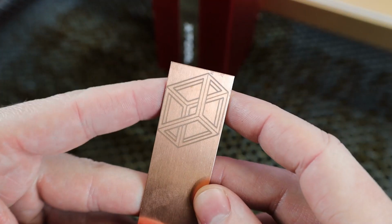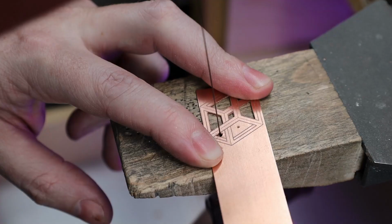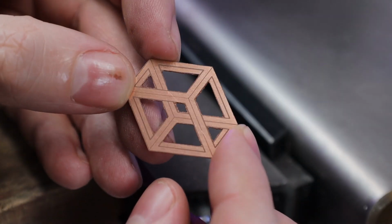You can also mix the marking and engraving and make something that looks like this, and drill a few holes in it so you can do some piercing cuts using your jeweler saw and then cutting the rest of it out. And you can make interesting looking things like this that are kind of an optical illusion on a flat